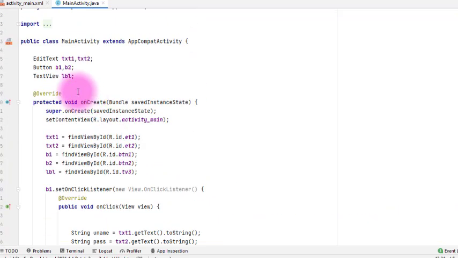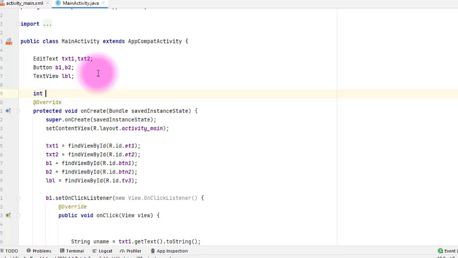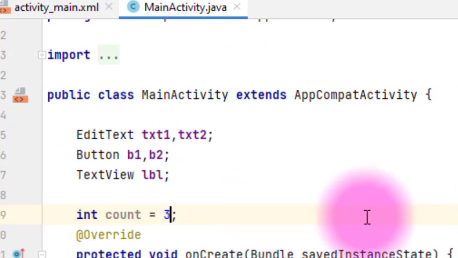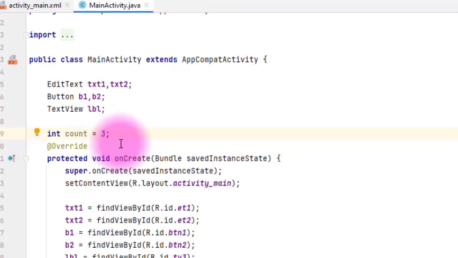For that we have to declare a variable count, which is initially 3, not 0, because the maximum attempts that we allow for the user is 3. Therefore we are declaring the count as 3.